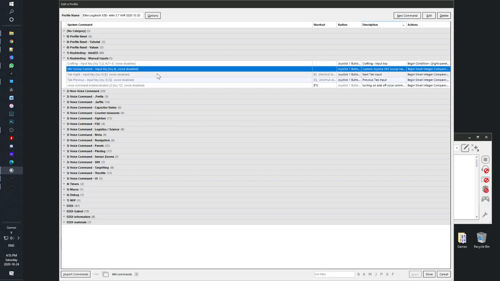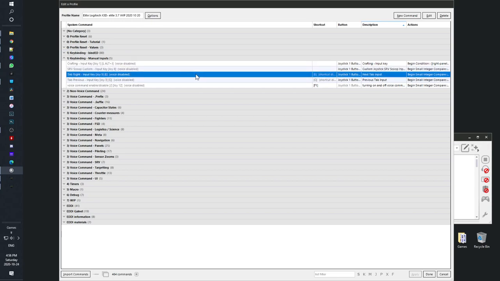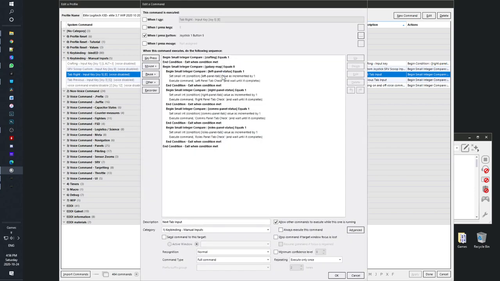So that's that. And now you know I have 2 buttons to mess with the tabs, right? So for example, this button, tap next. Every time you press that button, depending on which panel is open, this is what it's saying: begin integer compare left panel status equals 1. So this basically says if the left panel tab is open, increment the tab number by 1 every time you